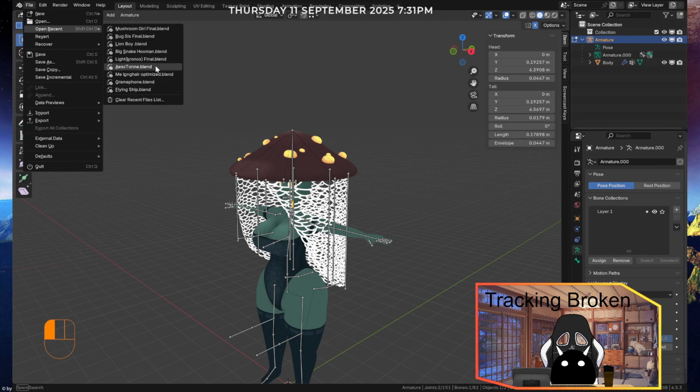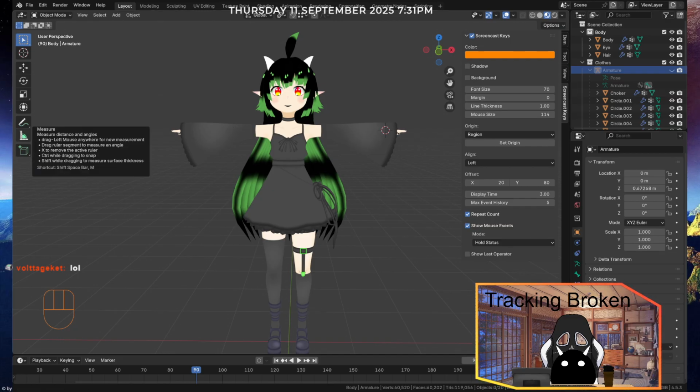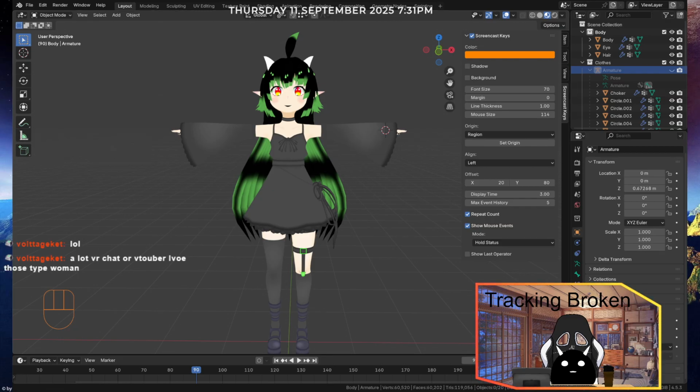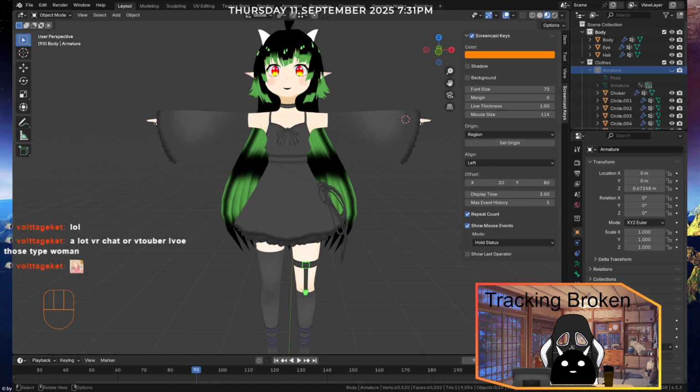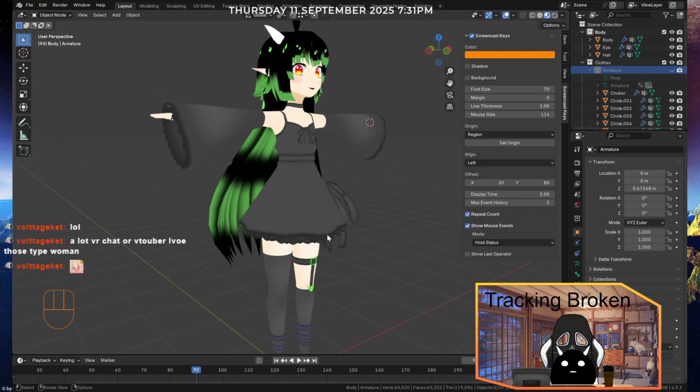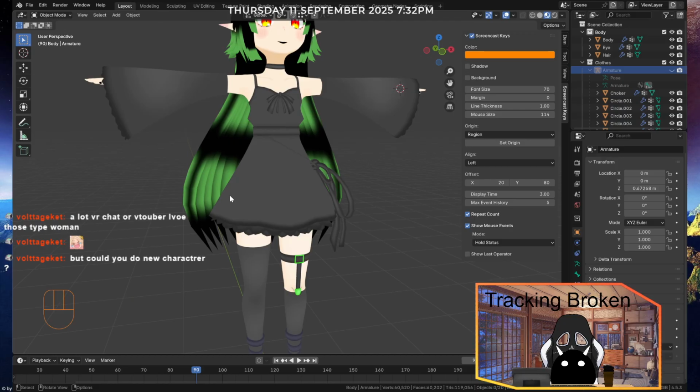Of course, when I'm in VRChat, I'm alone, so don't mind me. I don't go into places for that. Man, there's a lot of degenerates. Why do a lot of VRChat or VTuber have those types of women? I have no idea why. But yeah, I just spend my time alone, enjoy some scenery. I'm not the guy that goes and sits on a mirror or cares too much about the lewdness in VRChat. I make models, it's fine. It's nice to try all types of